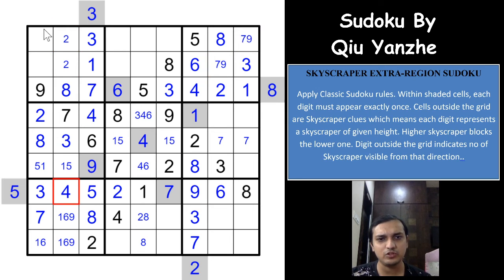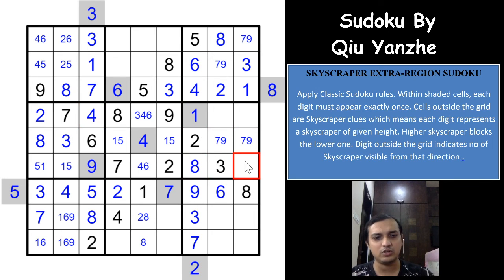And 2. So 4, 5 and 6 are remaining, and 4 is already here. We get a 4 in one of these 2 cells. A 5 is already here, we get a 5 in one of these two cells, and 6 is already here, we get a 6 in one of these two cells, right? So 1 and 5, the two digits are 7 and 9 in any order. And so 1, 2, 3, 8, 7, 9, 4, 5, 6 are the remaining digits.